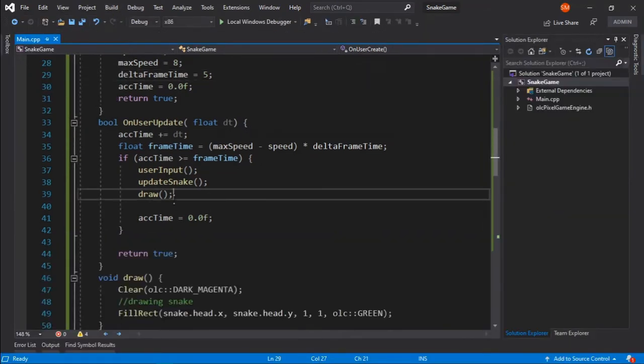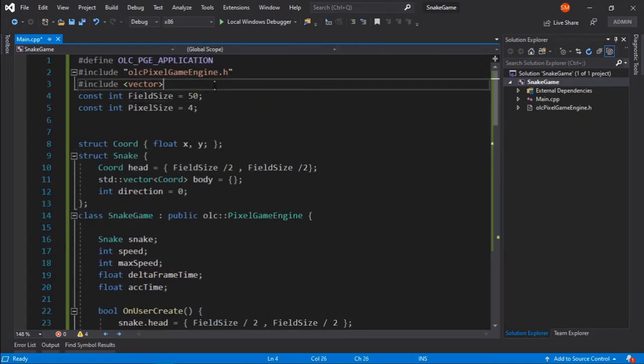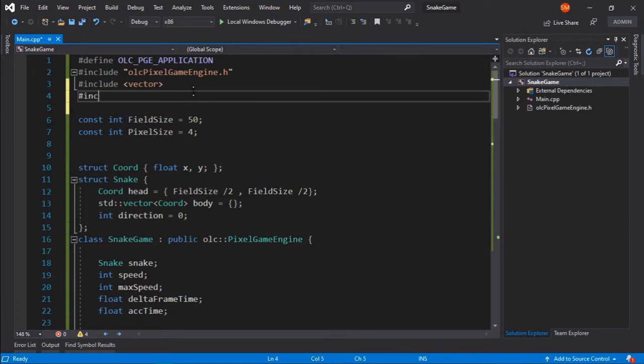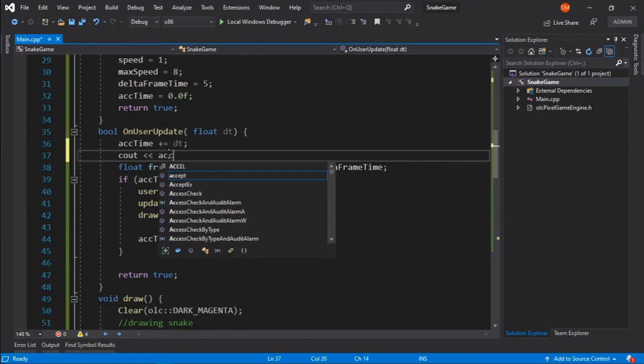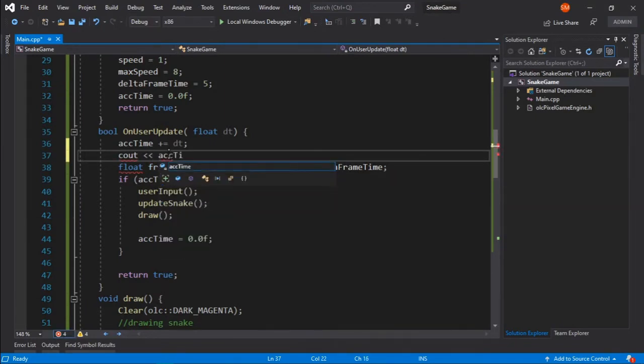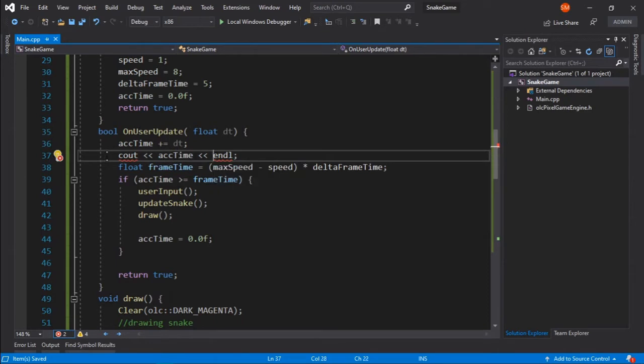What I would like to do is print the accumulated time every time, so I will just include fstream, and here I will just cout accumulated time. And I need to use std:: in front of them.